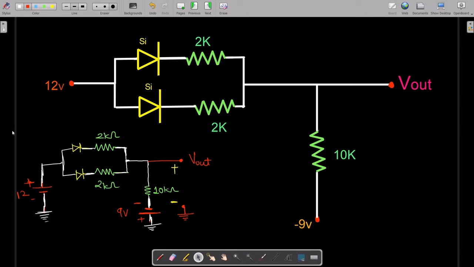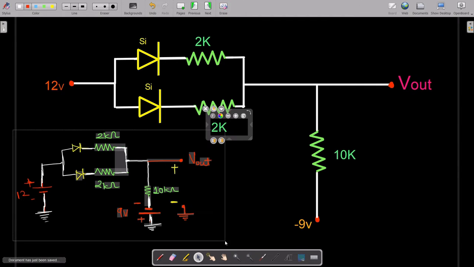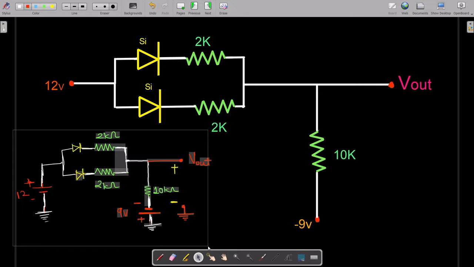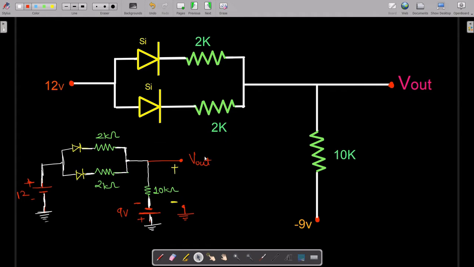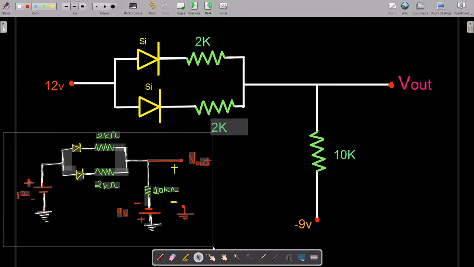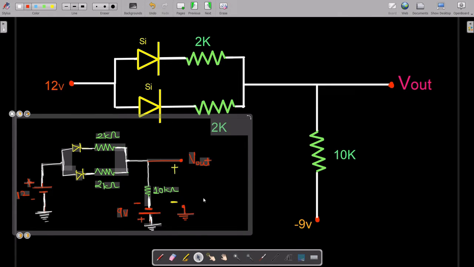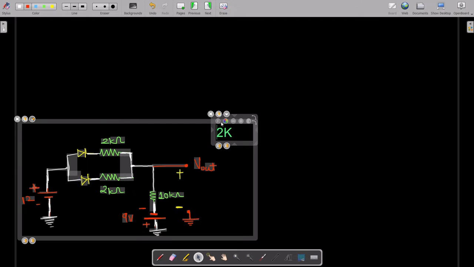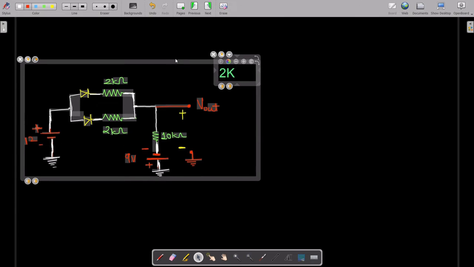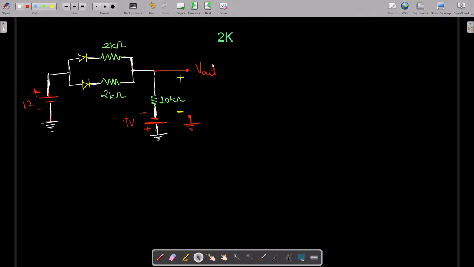And then I will take this circuit and we will analyze it in the next page. Let me take all of the things over here and I will erase this part. Yes, so this is how the circuit is.